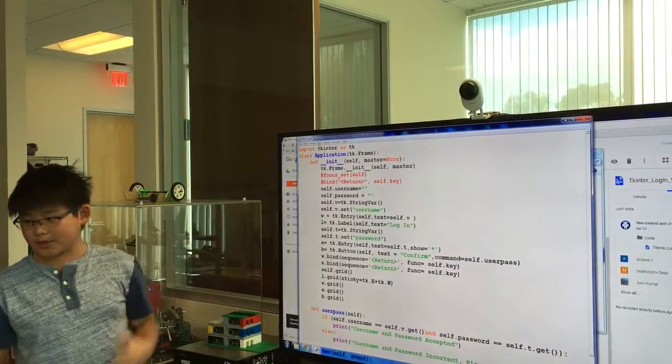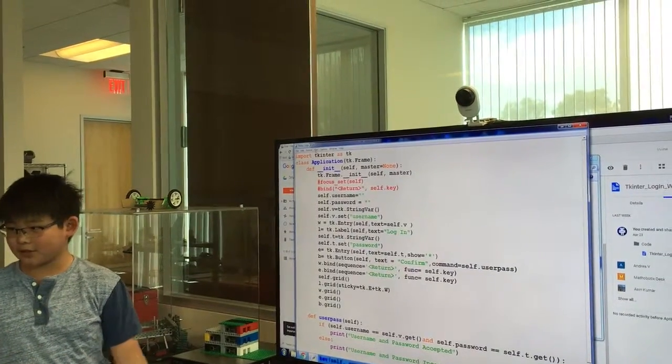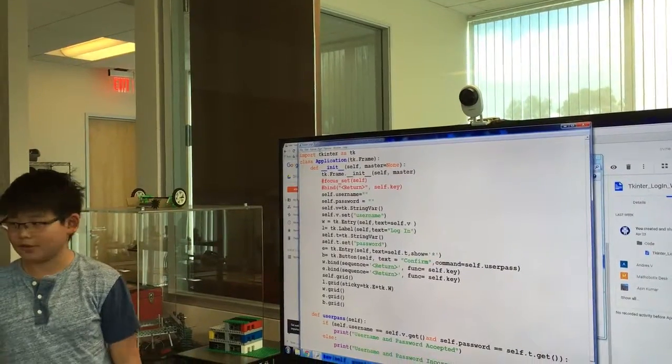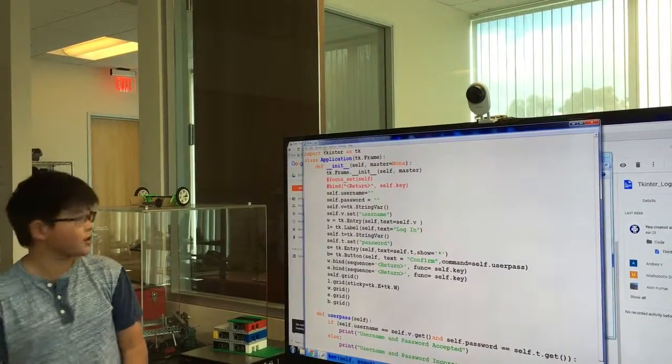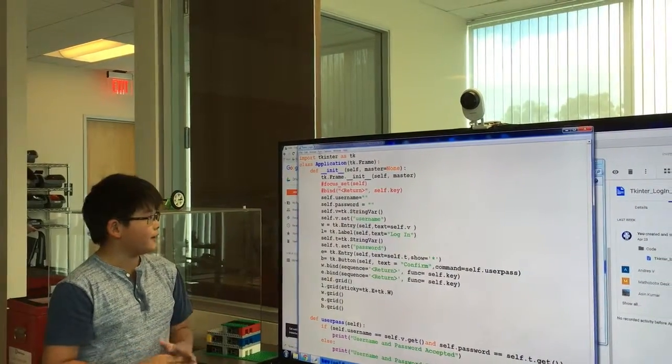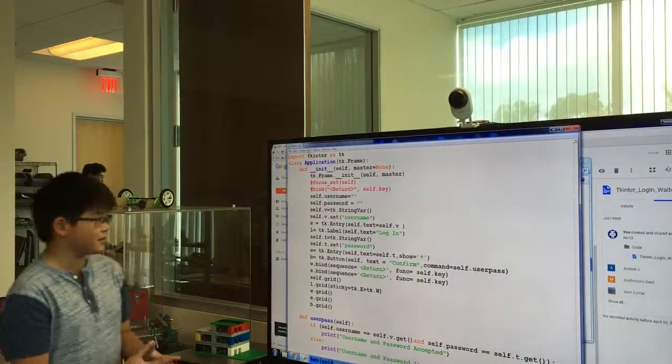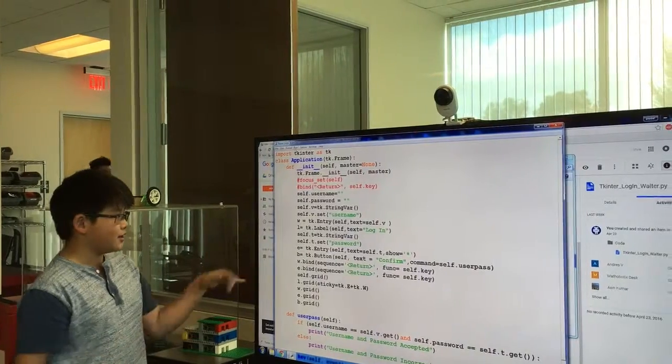And frame is basically a frame where you can put stuff on it and do a lot of things with it. And then I set the usernames and passwords, and next I